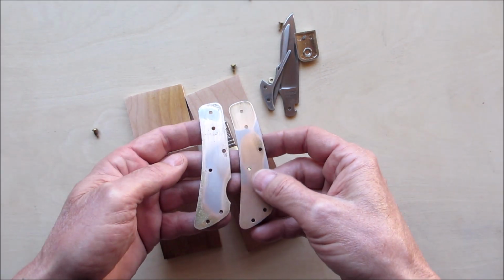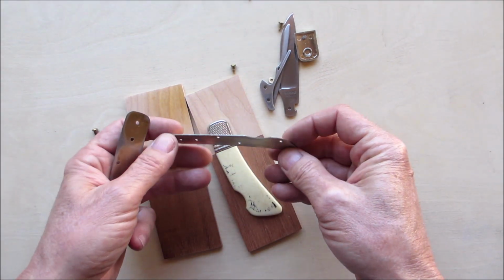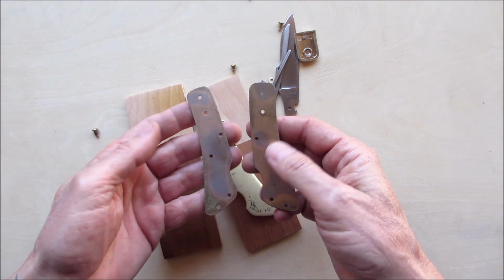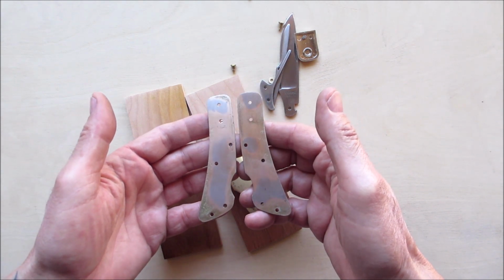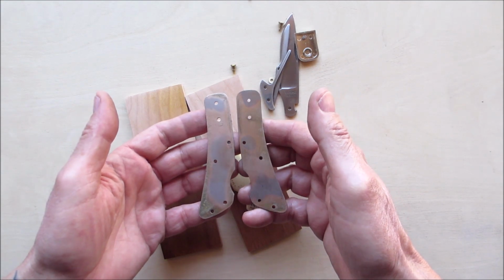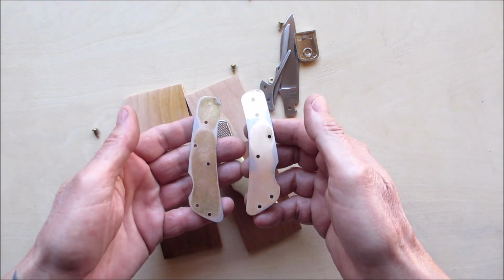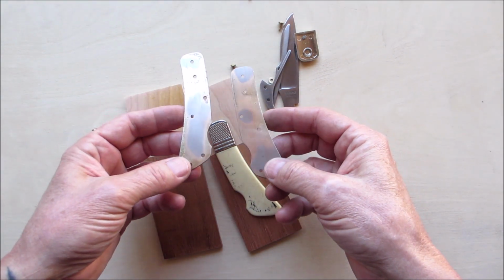So I have a decision to make. Do I finish cleaning them off and making them just steel, which is fine. Many knives have steel liners. Or do I make 2 new ones out of brass? It's not super difficult to make them out of brass. I've made them before, but it'll take a little time, so I have to make that decision. I'm not really sure what I want to do,